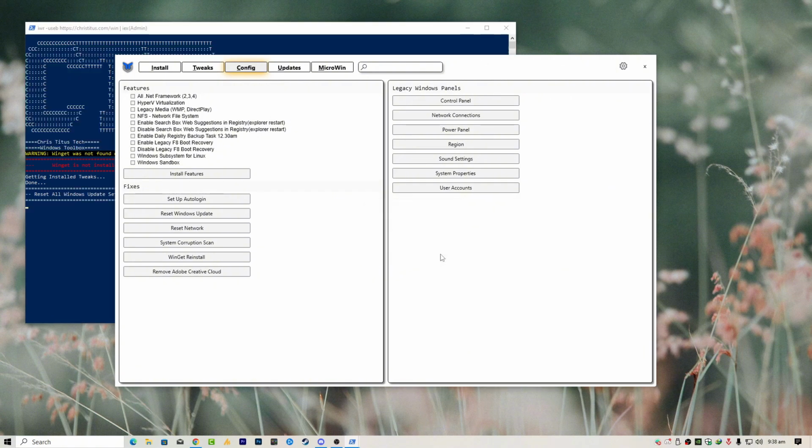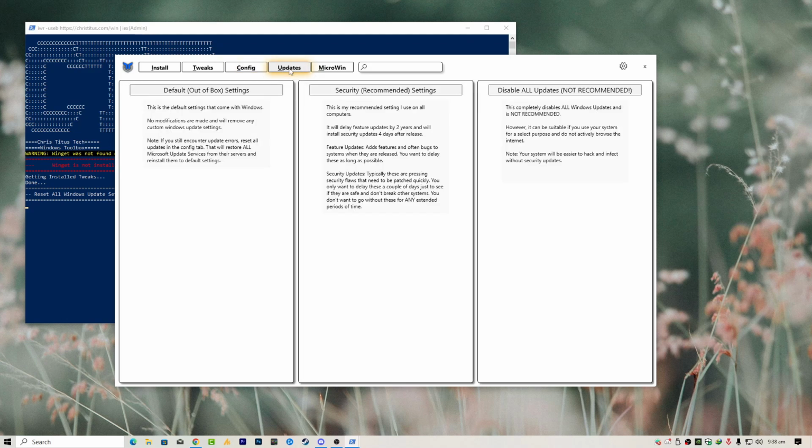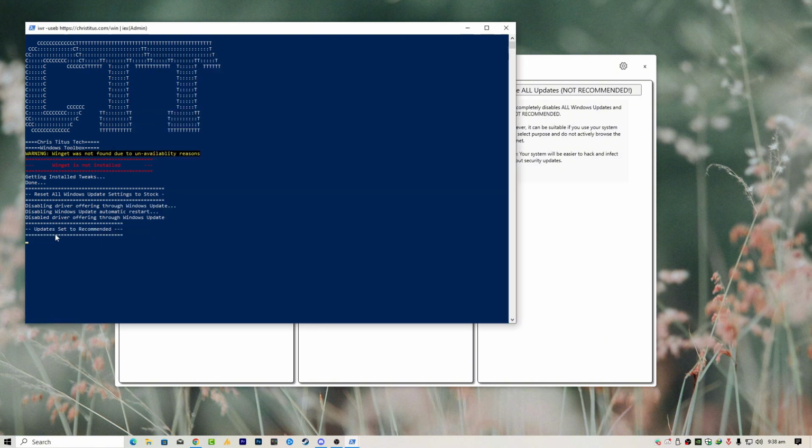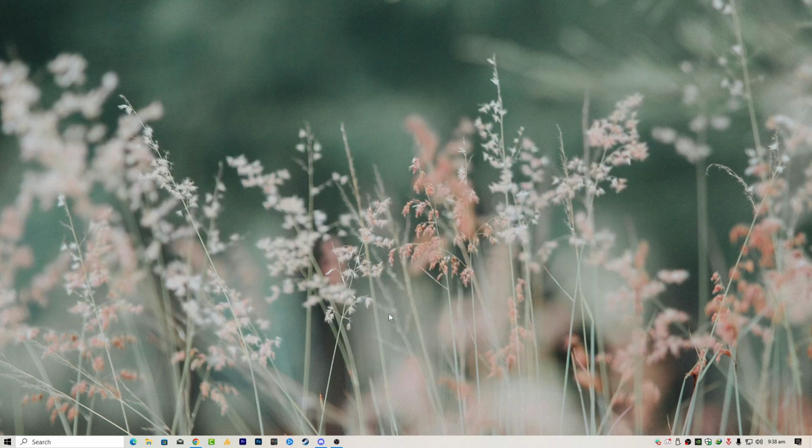One more thing, mostly people do optimization for better performance. So in that case, go into the updates. So that's highly recommended, guys. Just always get the security updates at least, so you will never face any malware issues. What you need to do here, simply you need to click on this, recommended updates settings loaded, and this will apply all the settings for you. And after doing this, simply you need to restart your PC. Your problem should be fixed 100%.